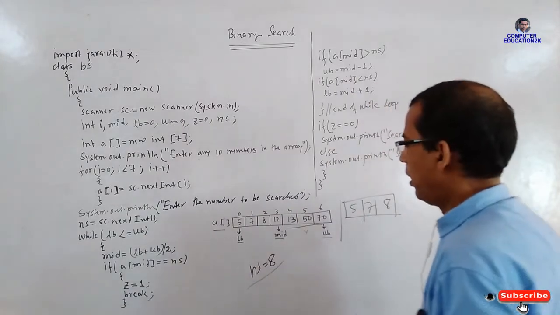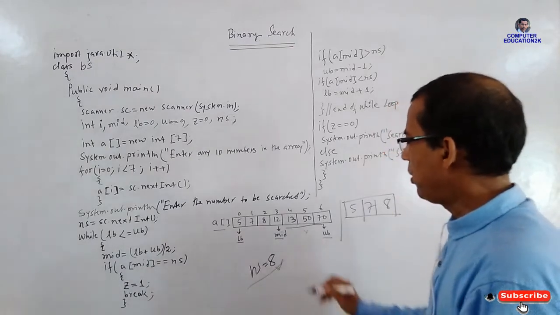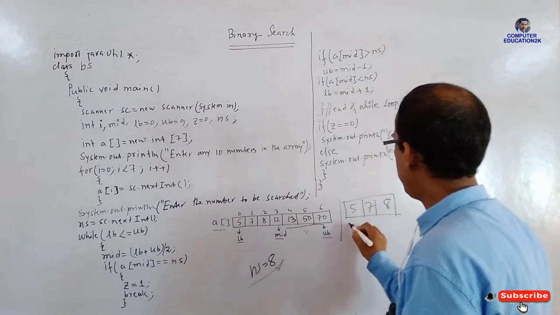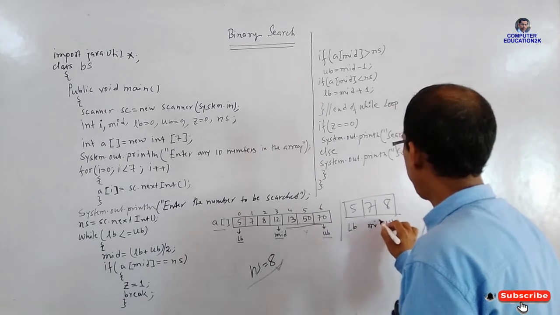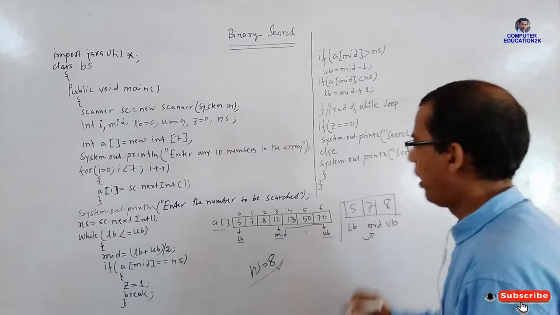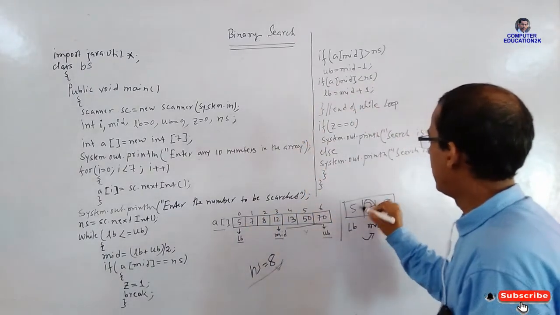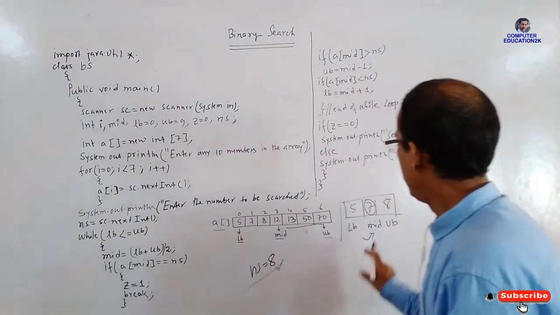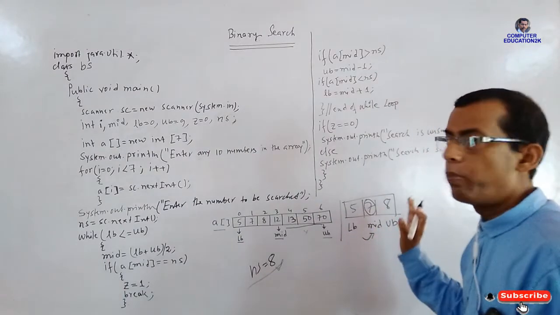But you have to find 8, and till now you have not got 8. Again the computer will go and find in the middle. So this is lower bound, this is upper bound and now this is mid. The computer will go and find in the mid. But what do you have in the mid? In the mid you have 7. Till now the search is not successful. Now the computer will again divide in 2 parts.